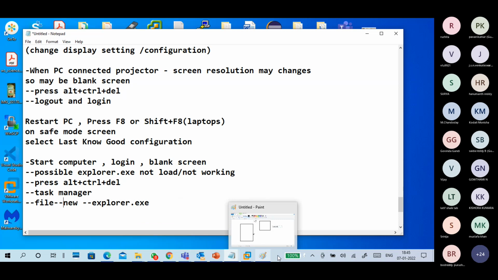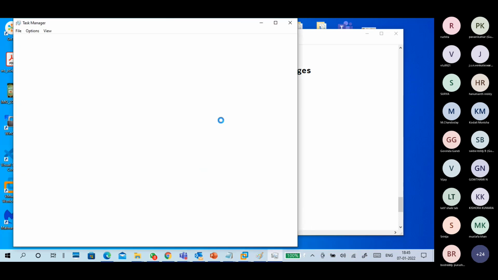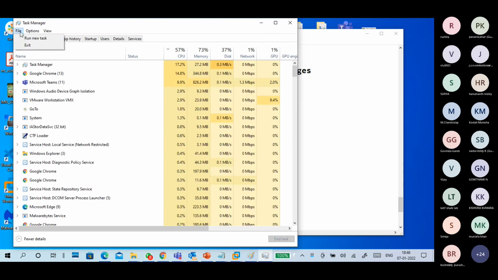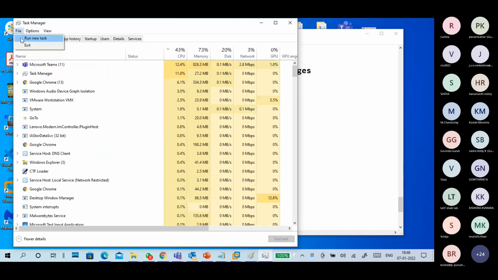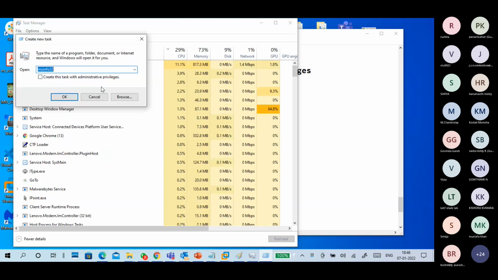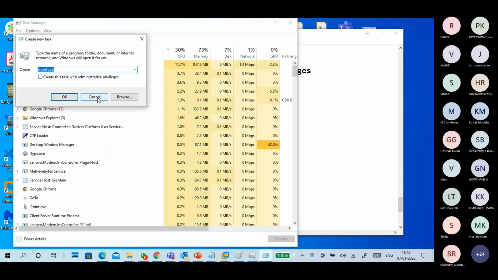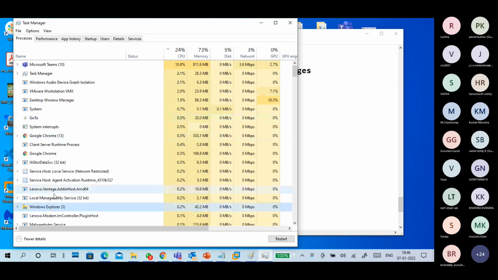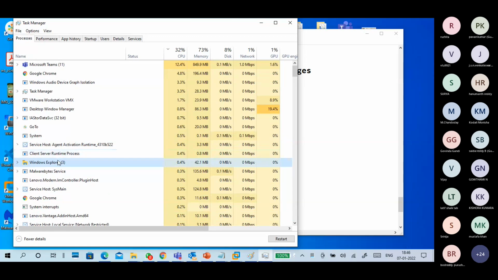So look at here. I'm also doing this on my screen, but I won't kill it. If you are using Windows 10, the screen is a little bit different. But don't do it. You can do it in your system if that is your wish. If you get a problem, that is your problem. Okay. But I don't do it because we are connected. See, File, New Task. Here you have to give Explorer.exe. This is Explorer.exe, Windows Explorer. The actual process name is Explorer.exe.